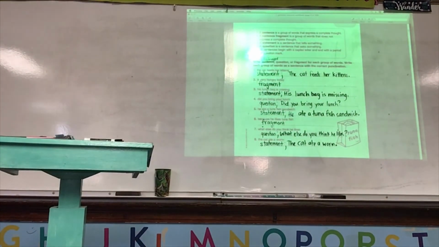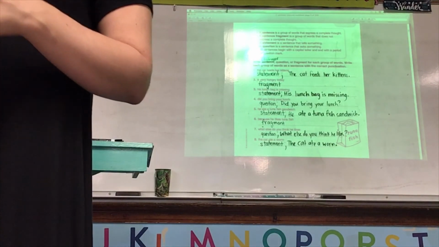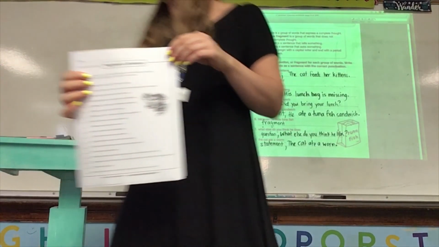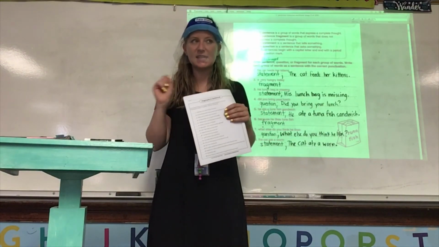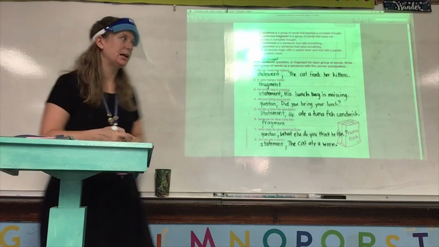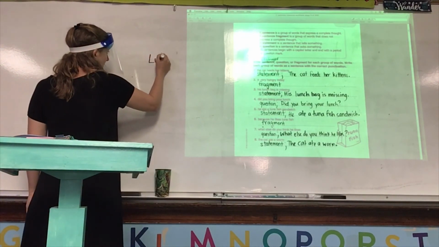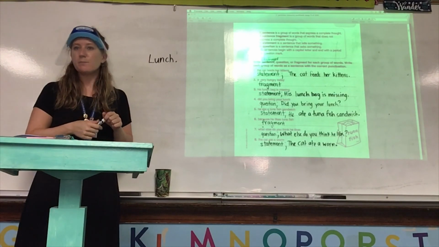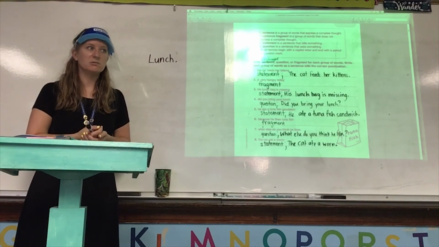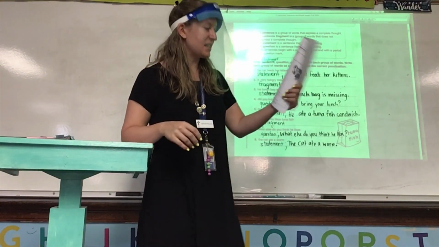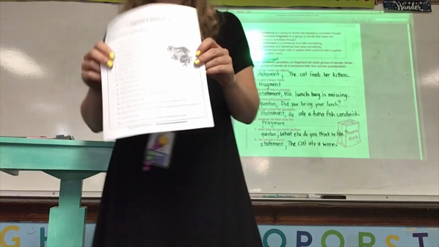What it tells you to do is if the group of words is a complete sentence, write the letter S on the line. You're just looking for thoughts. All of these have a capital letter at the beginning and end punctuation at the end. But remember, just because it has a capital letter at the beginning and end punctuation at the end, does that make it a complete sentence? No. I can just write the word lunch, and I can put a capital letter at the beginning and a period at the end. But does that really make any sense? No. So you are not looking at capitalization or end punctuation because every single one has it. You are looking, is it a complete thought?